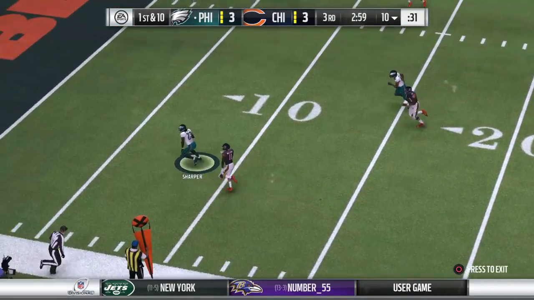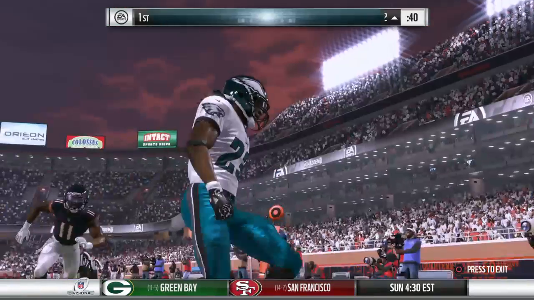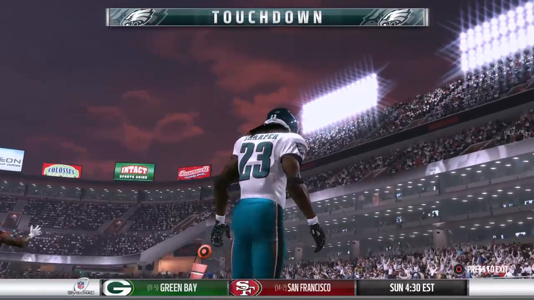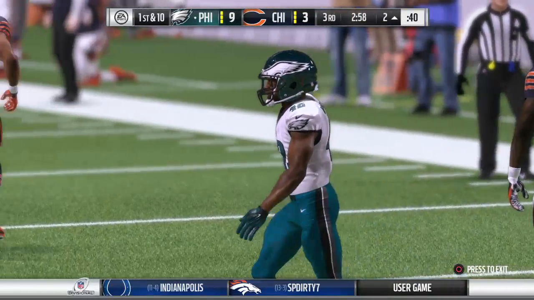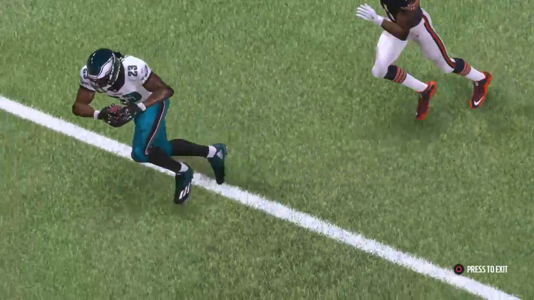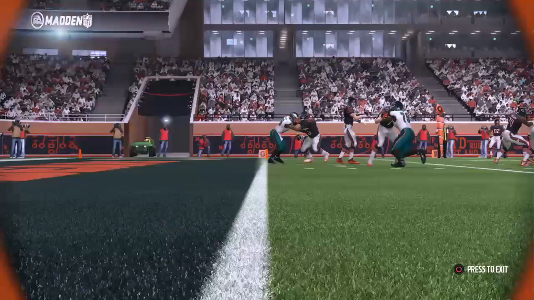And he fires one that's intercepted. And he takes this one back into the end zone. And the Eagles defense gets a pick-6 TD. And on that one, with 6 defensive backs, did he need to be more careful throwing the football? I mean, I guess obviously in hindsight he did, but...